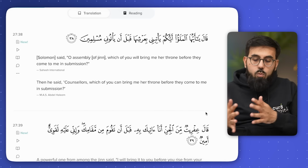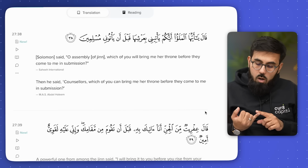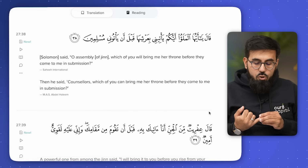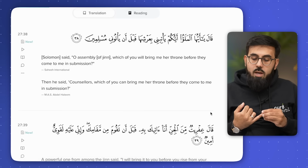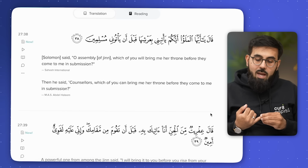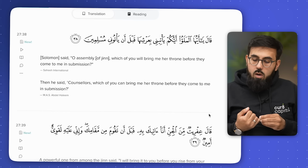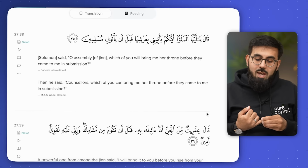As you get more experience, you'll be able to take bigger chunks at a time. But you might be starting off, you might just have those 2 words. قَالَ يَا أَيُّهَا. And then you would just repeat that. Ya ayyuhal. You might be struggling with that words. You might say that a few times. Qala ya ayyuhal mala'u. Ayyuhal mala'u. Ayyukum ya'tini. قال يا أيها الملأ أيكم